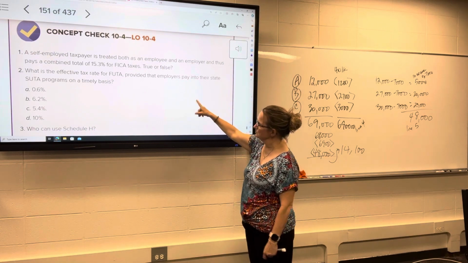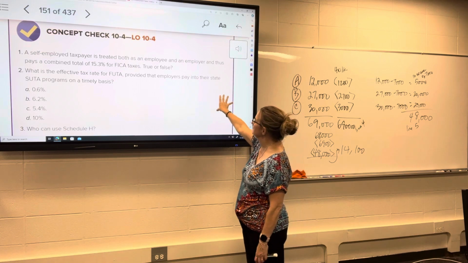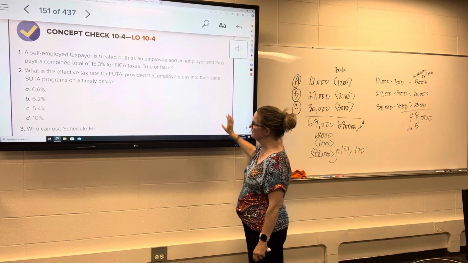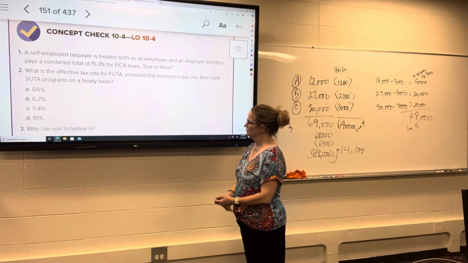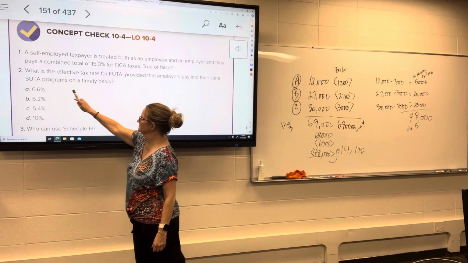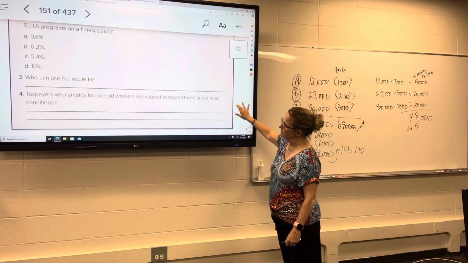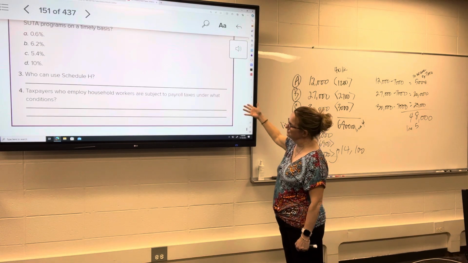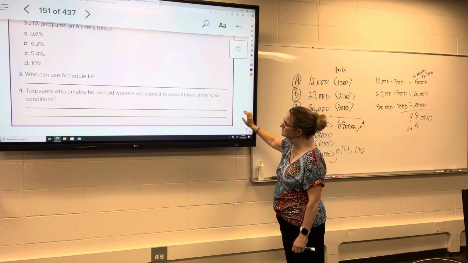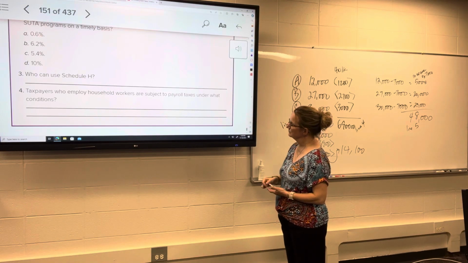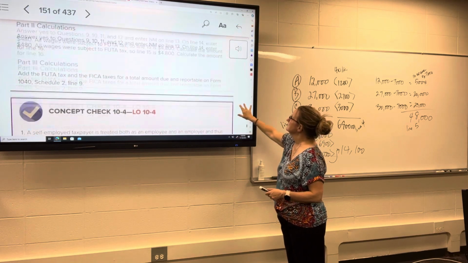Effective tax rate for FUTA, which one of those? Assuming that they pay into their state SUTA programs on time, the answer is 0.6%, because they would get the full credit. You can use Schedule H, individuals who employ household employees. And then if they